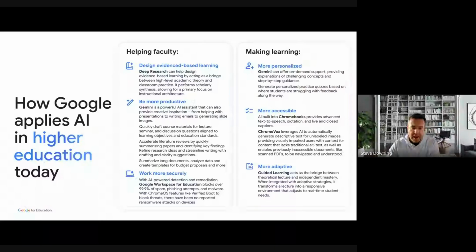Now, how AI can apply to higher education today? Well, it kind of falls into 2 strands. We can look at how it can help faculty and staff, and we can look at how it can assist with making learning happen. So if we think about assisting faculty and staff, we're thinking about things like evidence-based learning. So using deep research,